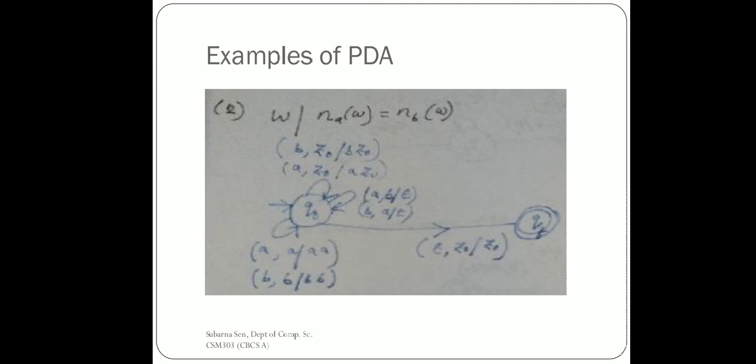But if the choice is like this, after a we have seen b, we will pop it. And if after a b we see a, we will again pop it, meaning for an alternating sequence, if strings like a b are there, after any b if we see a we will pop, after any a if we see b we will pop, same thing.